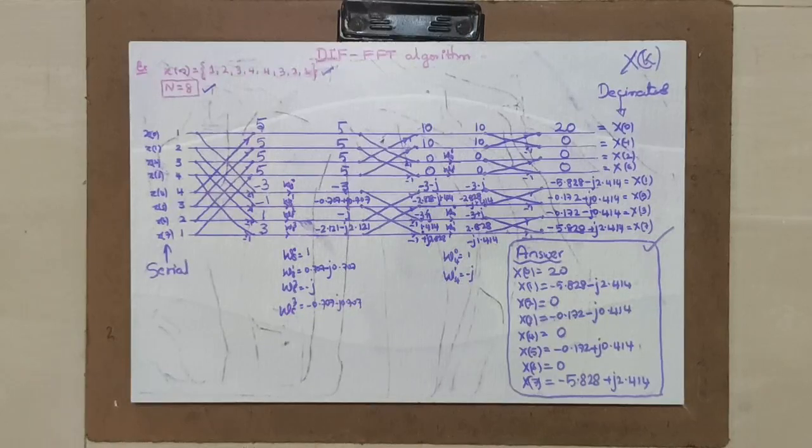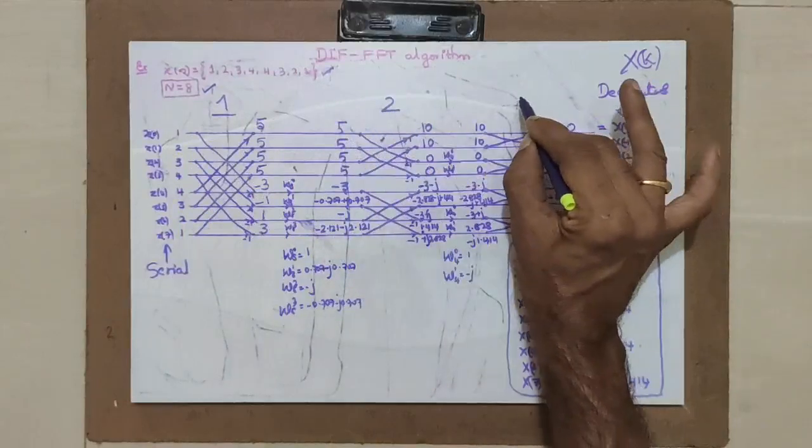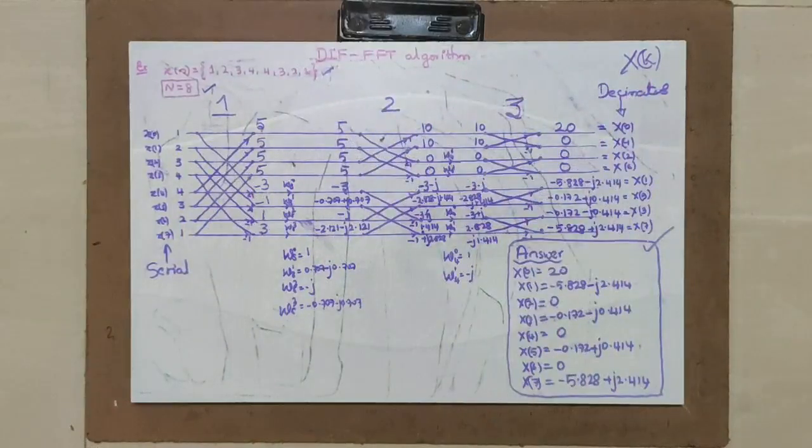Now, whatever algorithms I will be discussing, maybe another 2 to 3 classes, are based upon these two basic algorithms, that is DIT FFT and DIF FFT flow diagrams. Next class I will deal with DIF FFT first stage decimation, because I directly came from the flow diagram of DIT FFT to the flow diagram of the DIF FFT algorithm. This is first stage, this is second stage, this is third stage. The same will follow later. I will stop at this point.